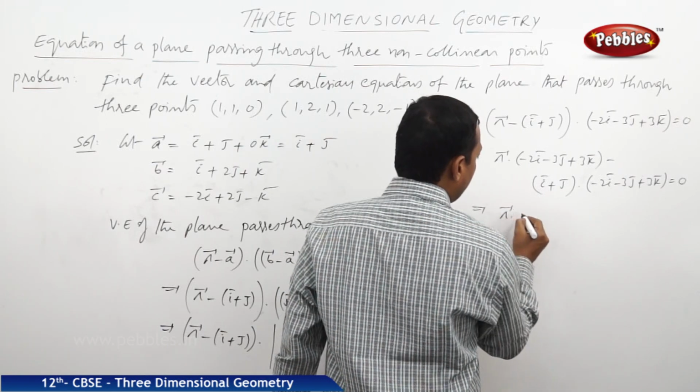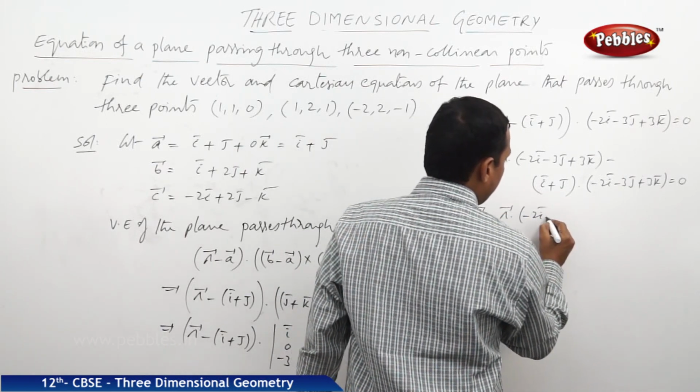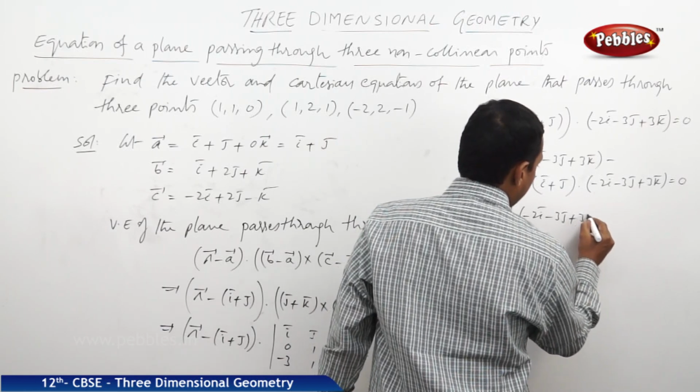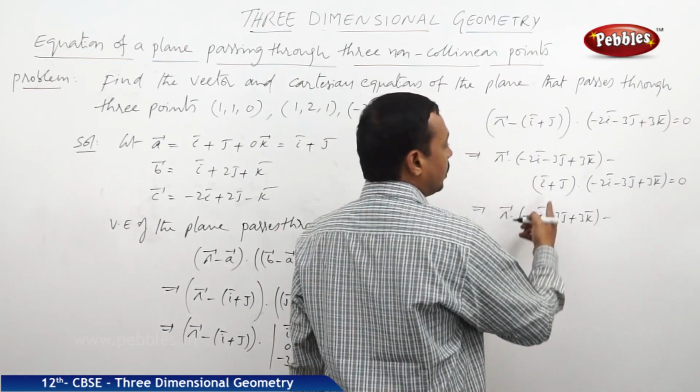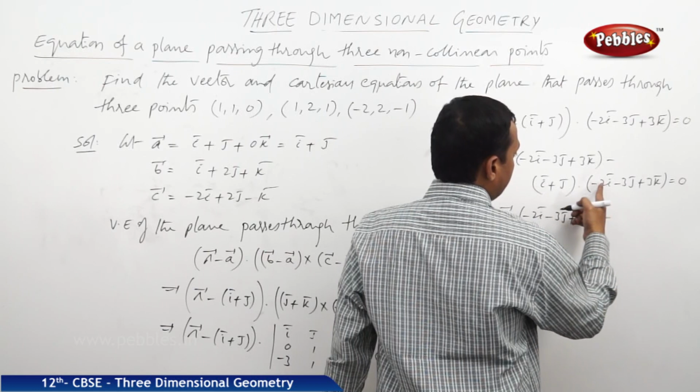Now R bar dot (minus 2i minus 3j plus 3k) minus of the dot product, here it is i into minus 2i,